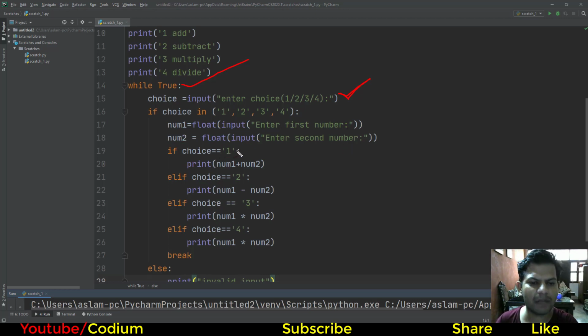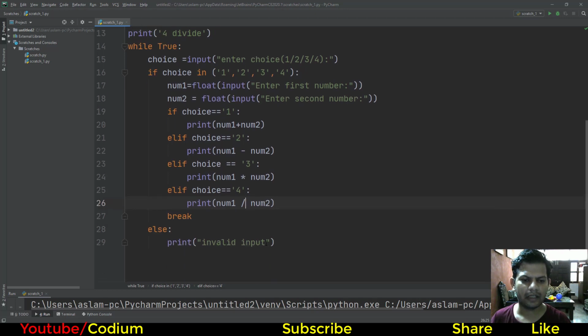If we choose 1, then plus. If we choose 2, then minus. If we choose 3, multiply. If we choose 4, sorry, it's for divide. Okay, then break. Else invalid input.